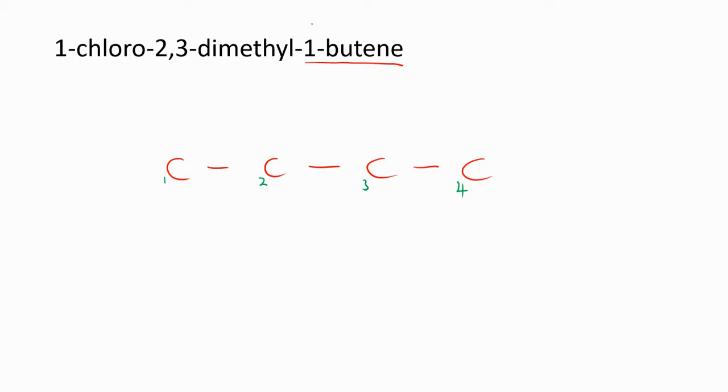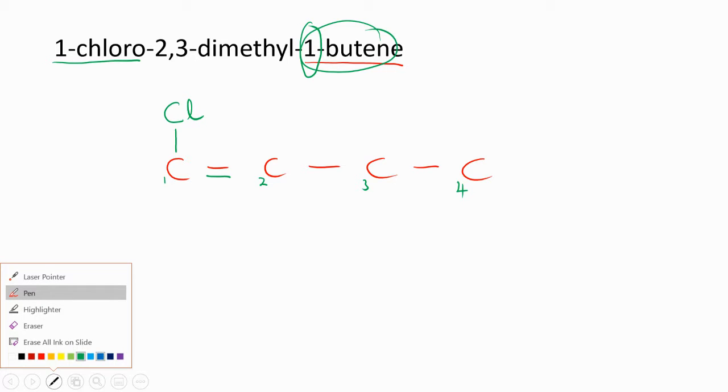So first of all, look at the functional group first. The functional group, the double bond, is at carbon number 1. Okay, so we have done this part. Now let's look at the beginning. 1-chloro. So draw chloro, and then we have other substituent that is